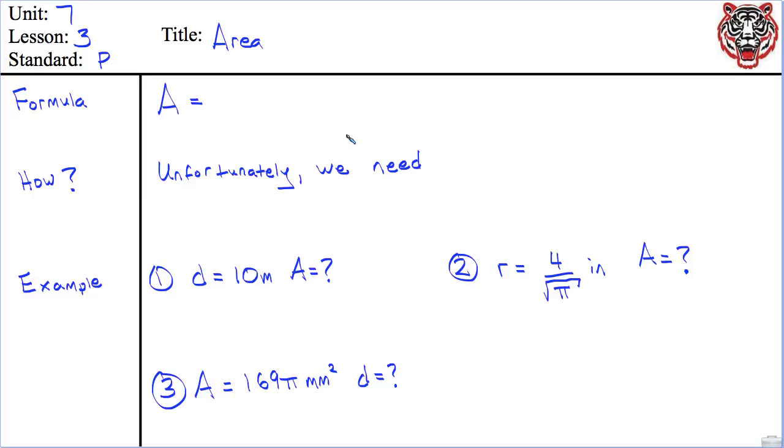All right, this is Geometry Lesson 7-3. We are on Standard P. It's a short lesson today on area because we had a quiz. All right, so